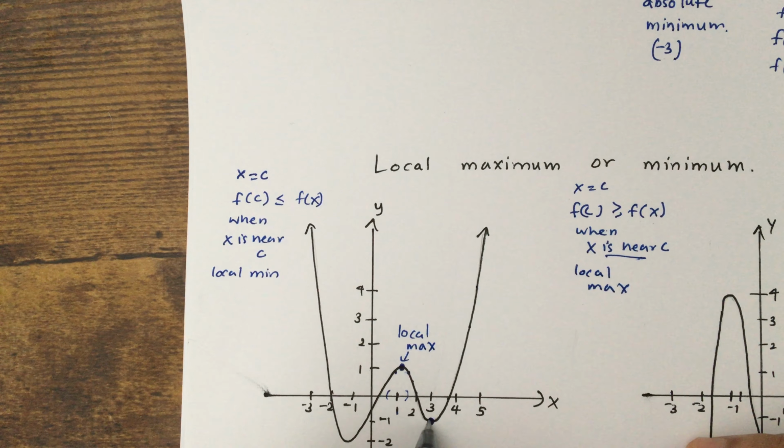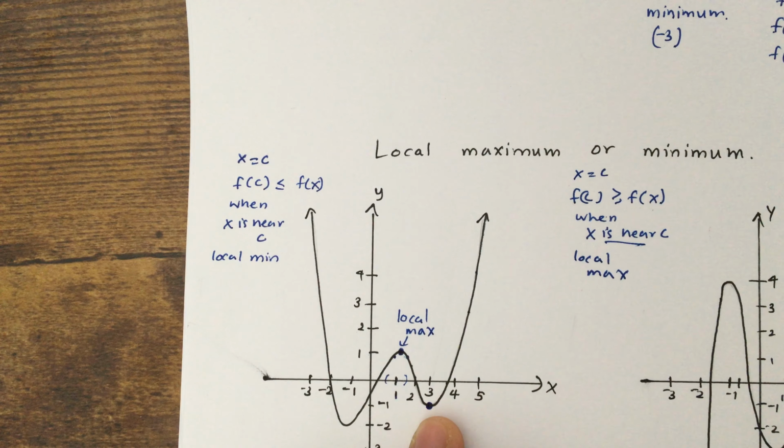If you consider this one, what can you say? This can be a minimum, but is it local or absolute? Let's look at the absolute condition. You can see the y value is -1. If it is an absolute minimum, then what happens? For all x, the function value should be greater than this value, right? But what can you say about this point? The y value is less than -1. So this cannot be an absolute